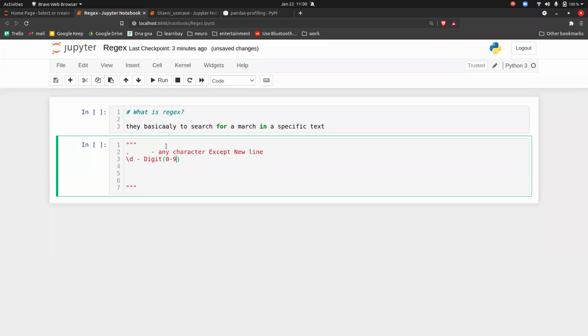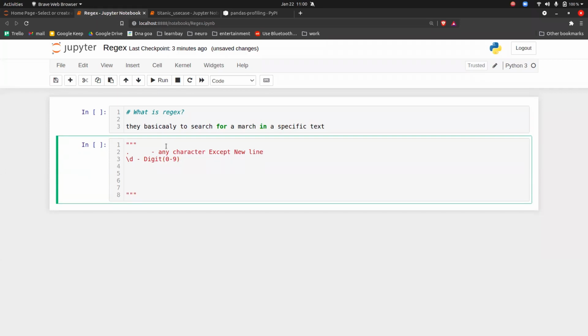In the same manner, we have /D. The concept here is that the small character extracts something, and the capital version of that extracts the opposite. So this is small d, and the capital version will be not a digit.